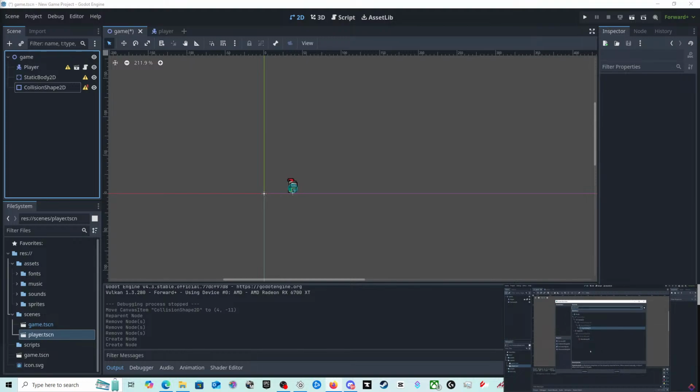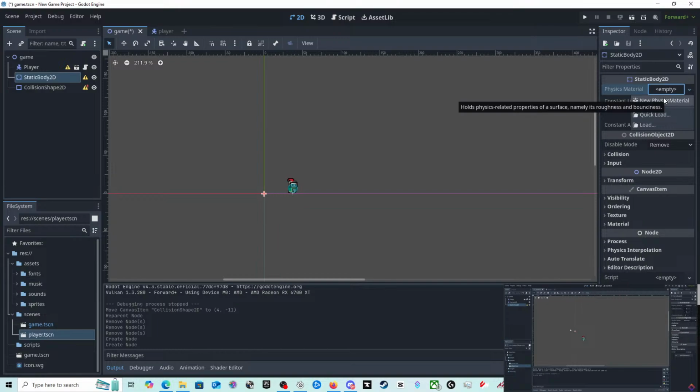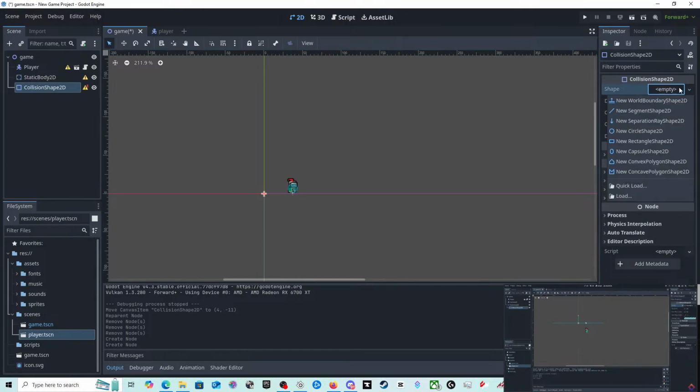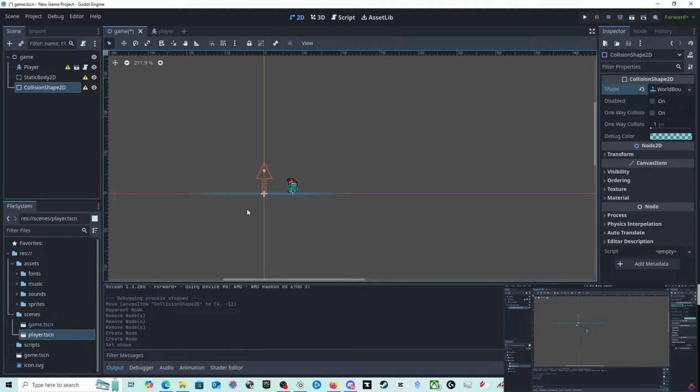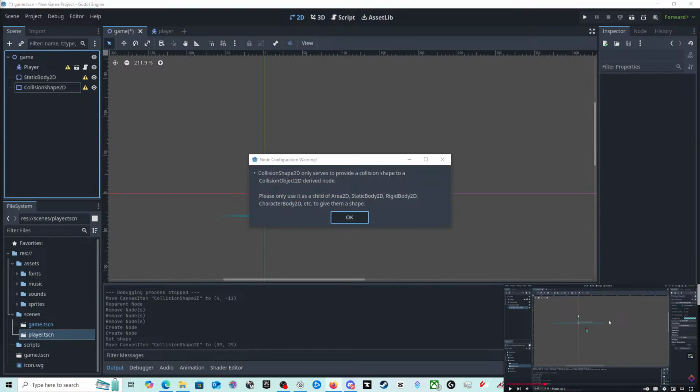So it's perfect for creating some ground. Let's hit create. And again, this is going to give us this warning here that it needs a shape. So let's add a collision shape. I'm going to hit Control A, search for collision shape. And for the shape here, we're going to create a new world boundary shape. The world boundary is a type of collider that is perfect for stuff like, well, world boundaries, because it's going to extend infinitely on the horizontal axis here.